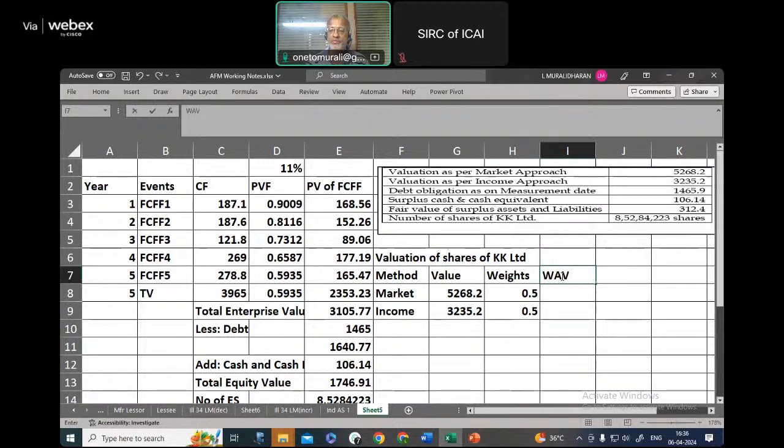Weighted average value. So what you get is 4251.5. We are expected to deduct